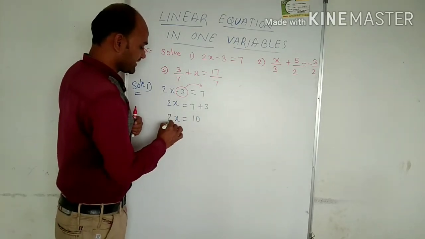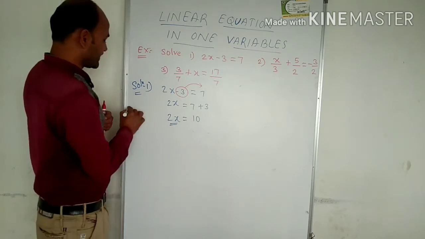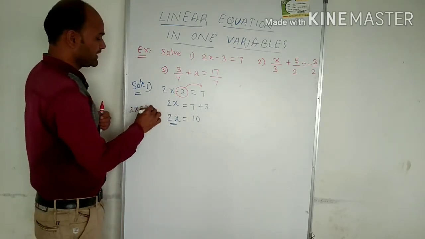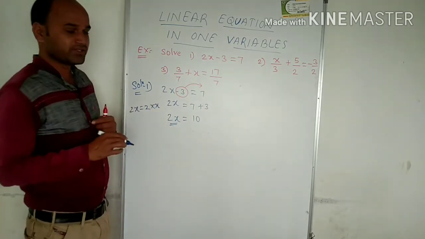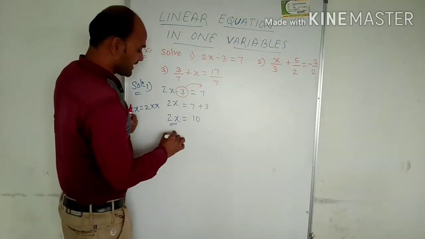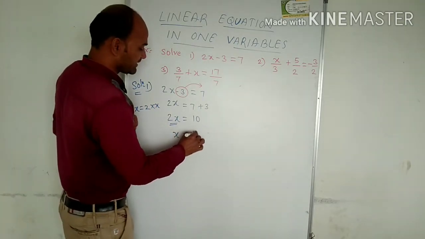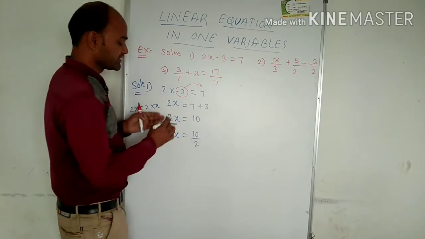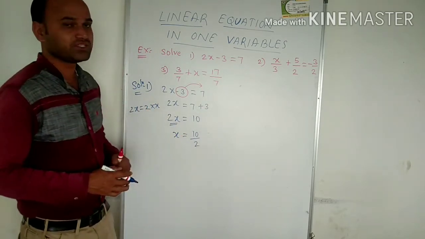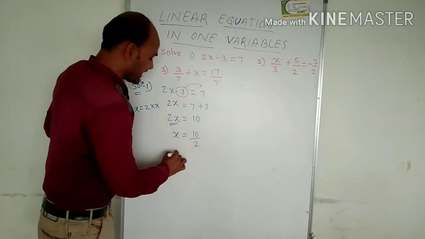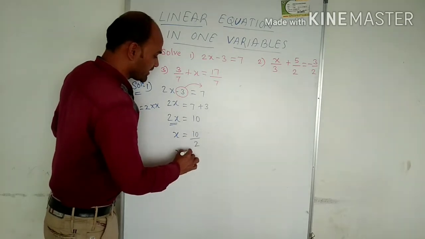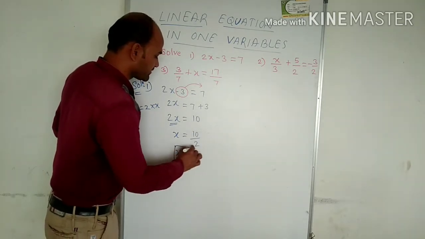So then here, 2x is nothing but 2 into x. So we can transfer that 2 to this side, then it is 10 upon 2. It is in multiplication, so it comes in division. So x is equal to, 2 1s are 2, 2 5s are 10. We got x becomes 5.